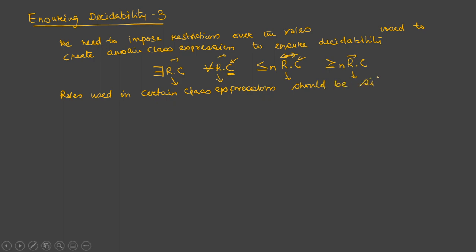So let me write this simple thing in caps. Simple. But we haven't defined the notion of simple roles, right? So let us define the notion of simplicity of roles. Simplicity of roles. So role R will be